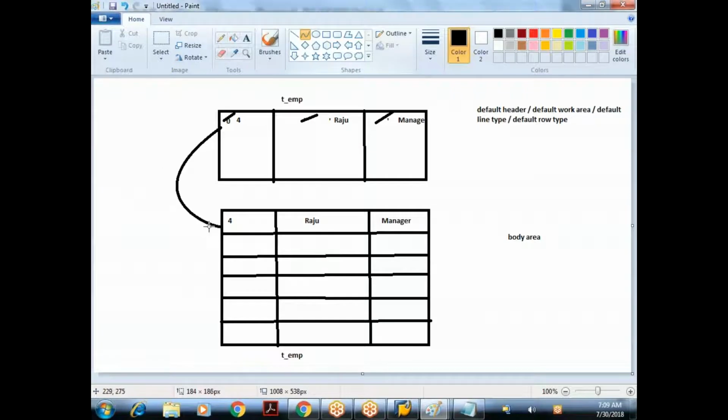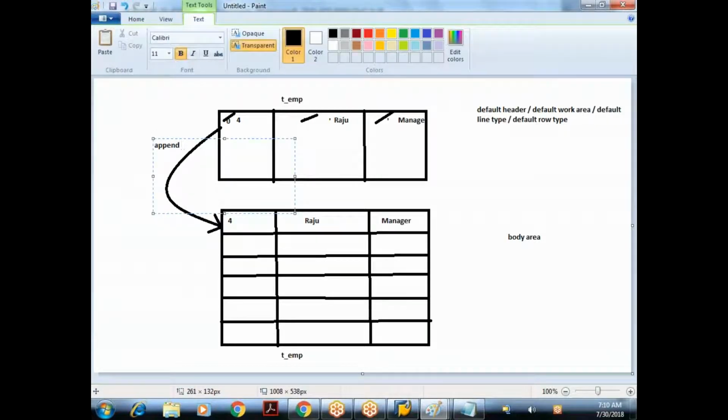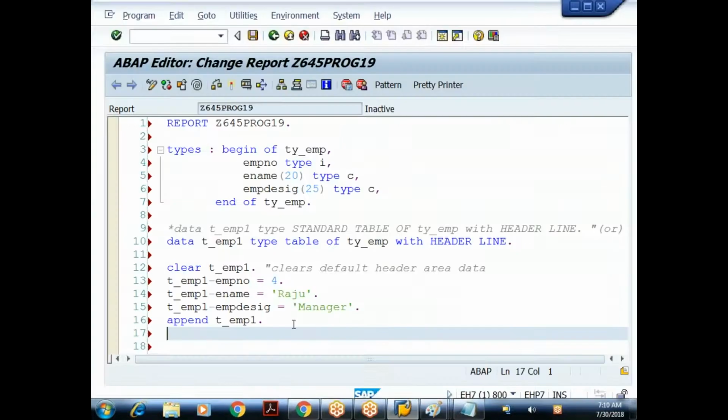What are you saying here? Append, and the internal table is t_emp1. Append statement's default behavior is to copy the data from header to the end of the internal table. So the data is copied.